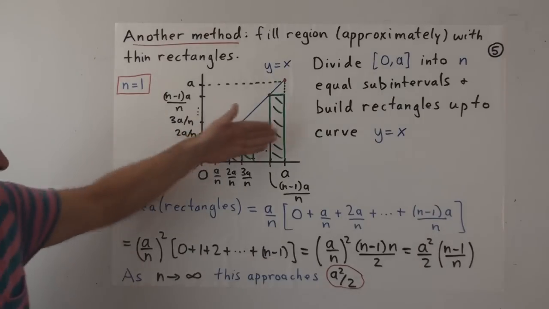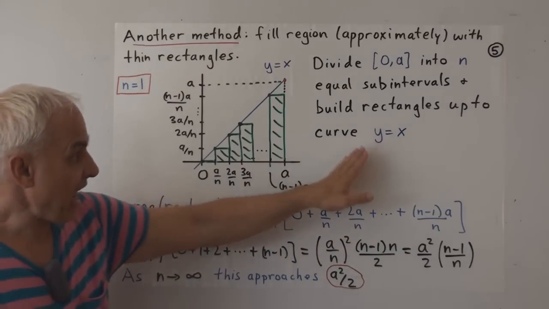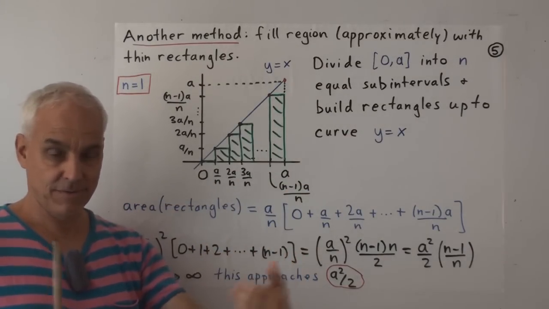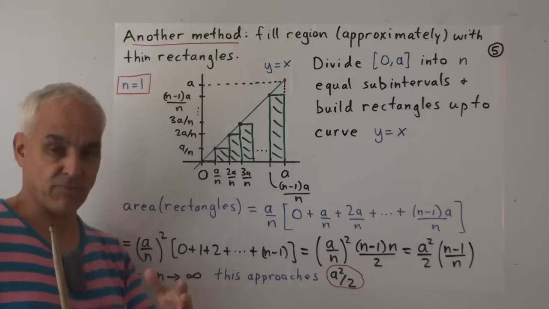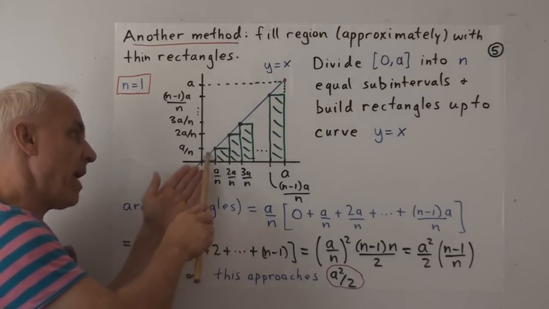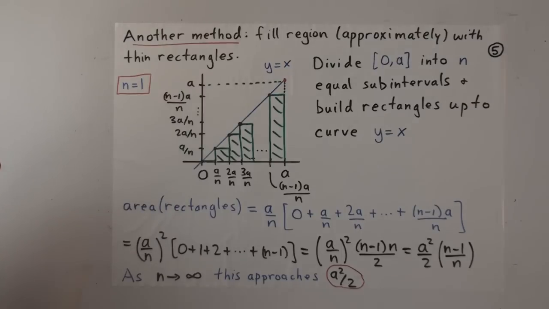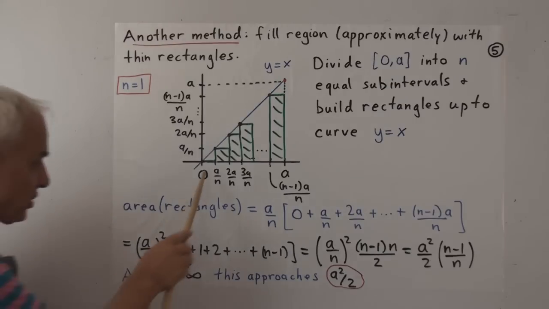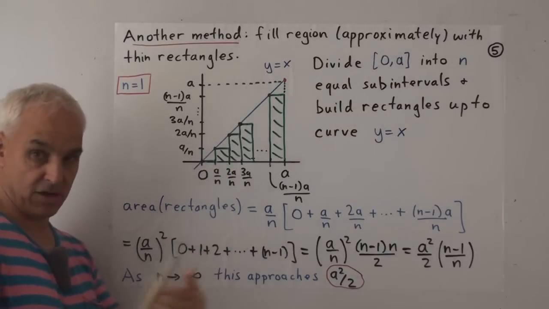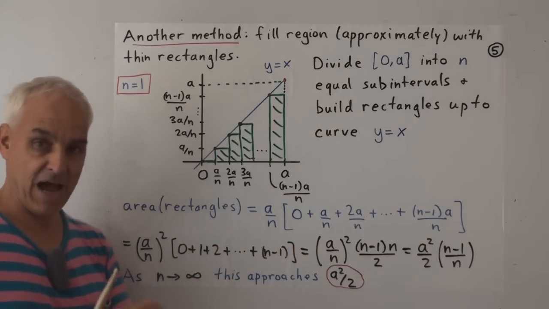And the idea is we're going to add up the areas of these rectangles. And that's going to depend on n, the number of subintervals. But then we're going to see what happens when n is a rather large number. In that case, we expect these rectangles to better and better approximate the area under the graph. Alright, so in this case it's relatively simple to add these areas up. So the area of all the rectangles is what? Well, each of these rectangles has a base a over n, so that's a common factor we can pull out. Then we just have to add together the various heights.